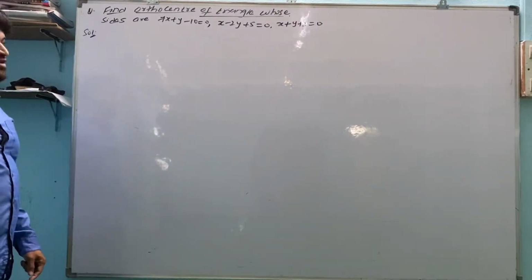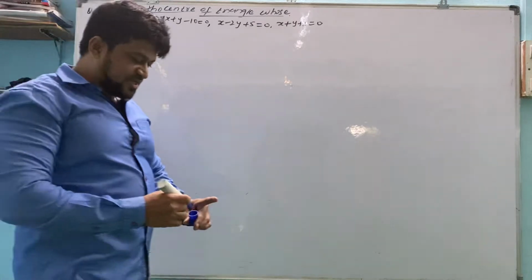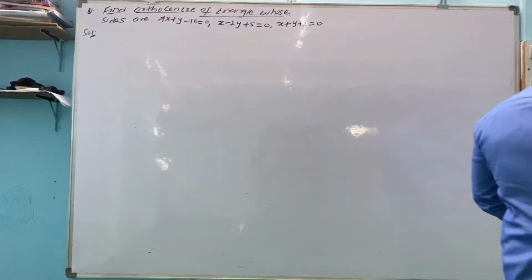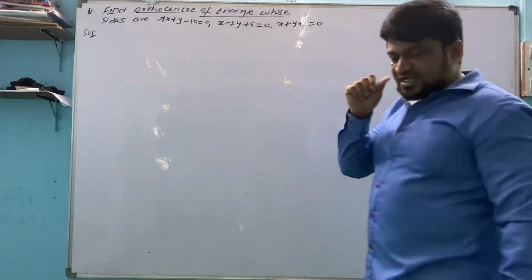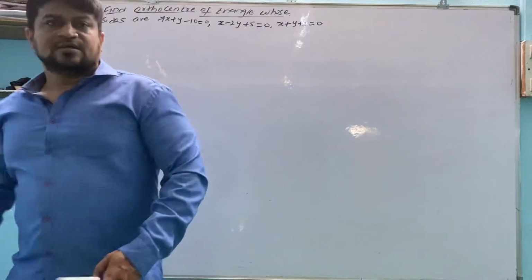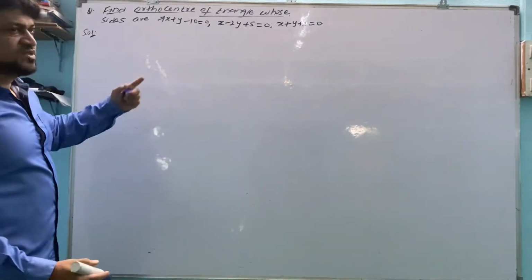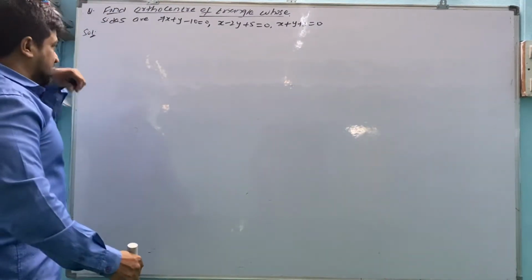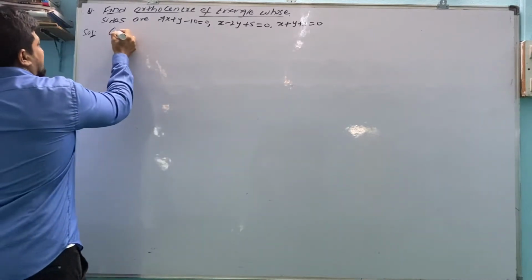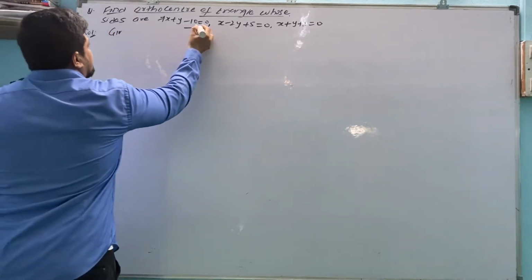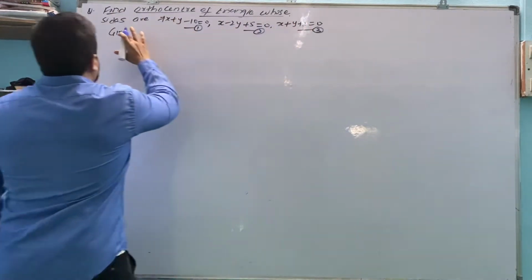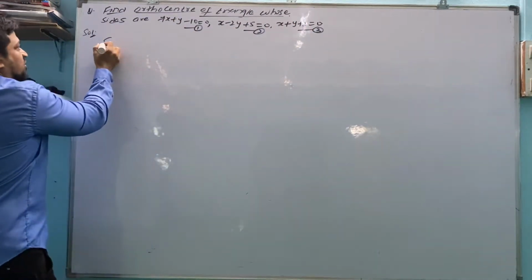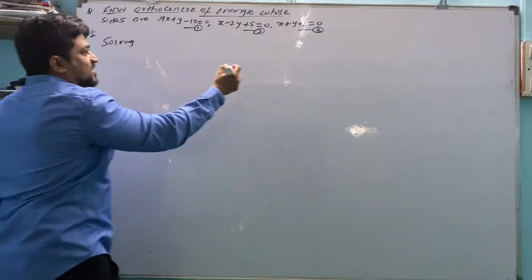Sides are given to us. When sides are given, we have two methods. But if we want to solve the equations and get the point, that is the easiest one. Given lines, first one, second one, and third one. Already the lines are arranged, so what we will do, solving, we will consider one triangle.